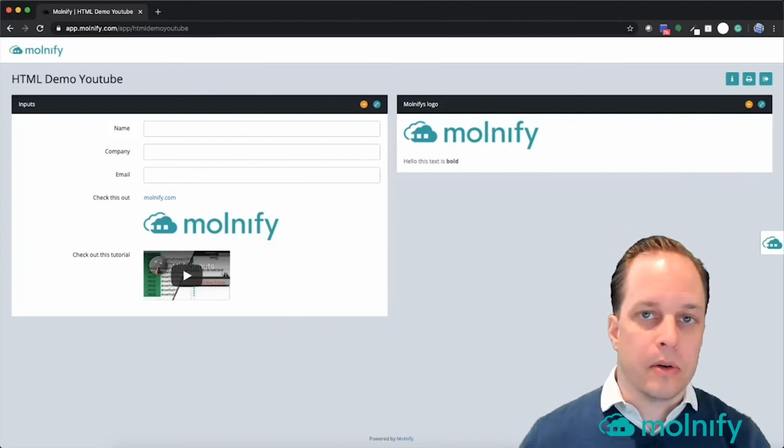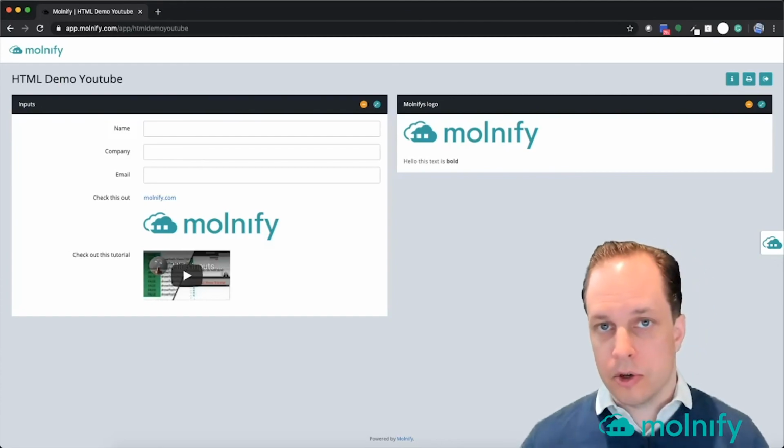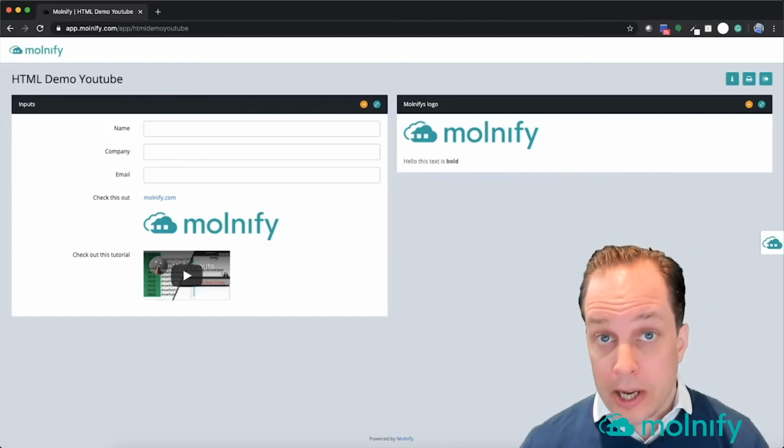So there you have it. This is a way that you can incorporate HTML into your Molnify application to show videos or show links, or